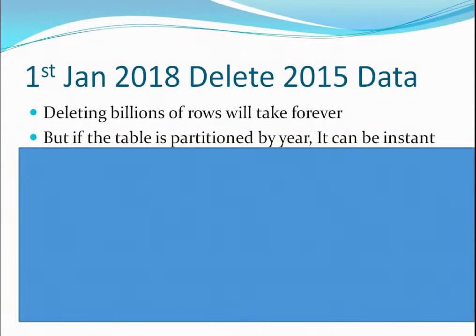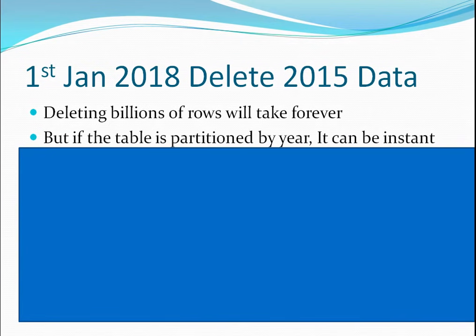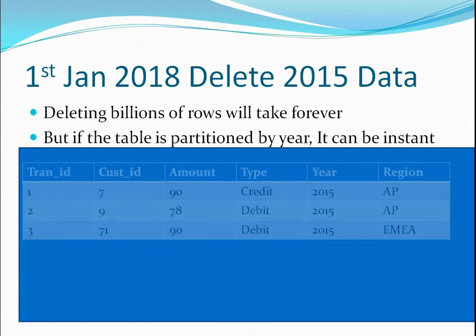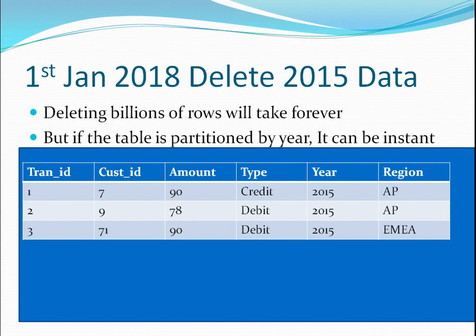So the data which is uniquely stored, I mean, there is a clear differentiation. As I mentioned earlier, those data are stored in different segments for the years 2015, 2016 and 2017. So the Oracle optimizer will know the locations where it's being stored, which is exclusive from the data for 2016 and 17. It will know that, okay, all the 2015 data is stored at this particular location. Just go ahead and drop the data. So if the table is partitioned and you have to maintain rolling years of data, you can do that pretty quickly with the help of partitioning.